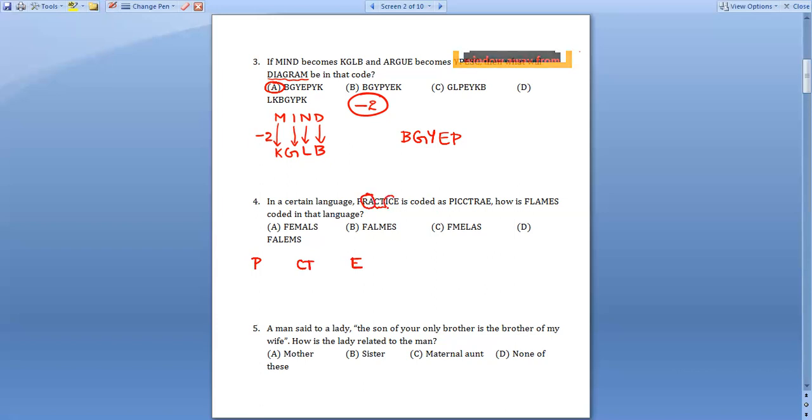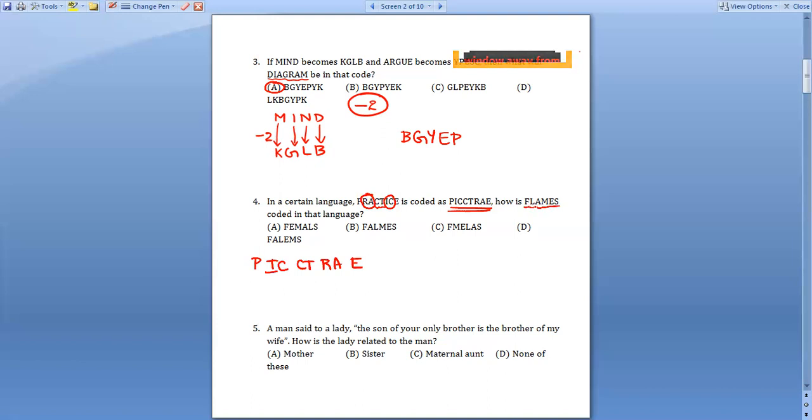RA and IC, the second and third letters, and the last but 2 letters, they are swapped. So IC and then RA. See here? So practice is coded as PICCTRAE. So if we follow the same pattern here, if we follow the same code here, then I'll try to